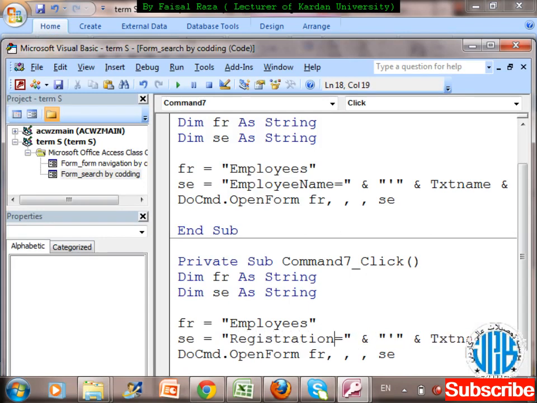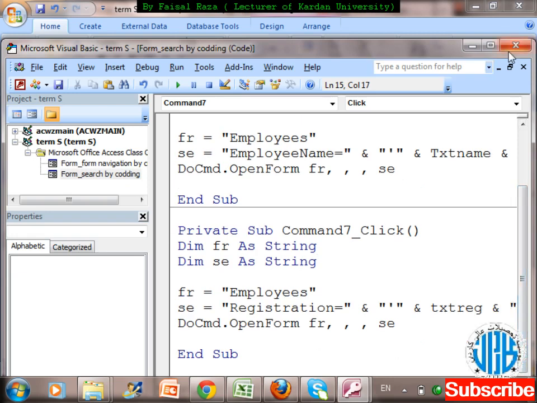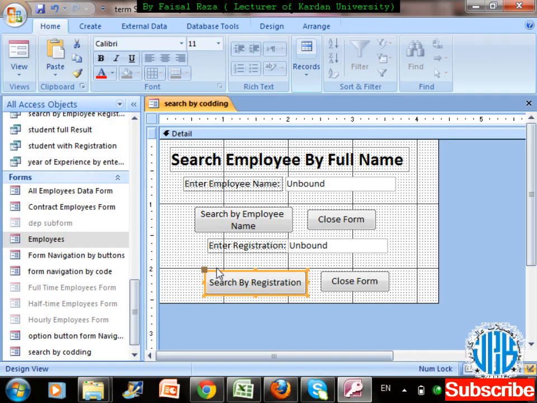Registration is equal to this, same, and txt reg, because this was the text name over there. Right now verify whether it's working or not, nothing more is there. Close that and check it out. Okay, F5, and student registration number I need